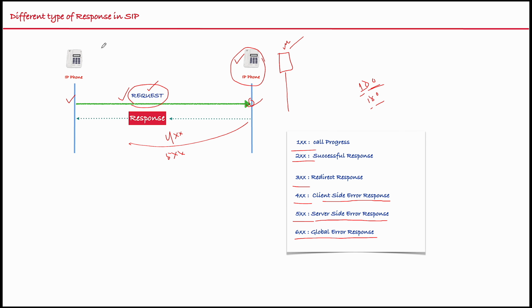So when the client knows that the call is also not successful in the voicemail services, and the server is not able to process this request, and it also knows that the voicemail service is also not able to complete the call, in this case the server updates the client with the error response called the 6xx global error